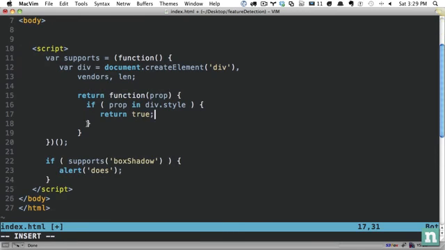When we return true, we run this supports test, and we're pretty much saying if true, then alert does. But if it does not, we're going to return false. And if false, this will never run. Okay, so that's good for that. The next step is,